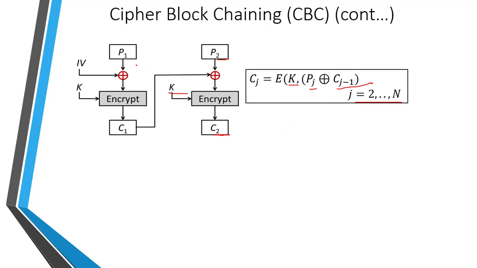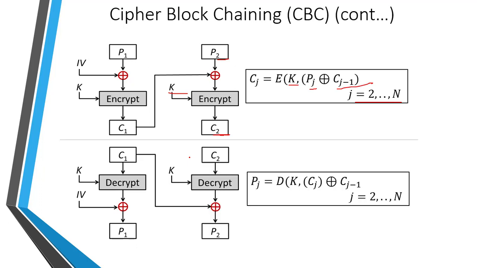Okay, and for the first plaintext block we have applied the exclusive OR operation with the initialization vector, that is IV. For the decryption side, mathematically we can write that plaintext block pj equals decryption applied with the key k on Cj, here consider P2, then Cj will be C2, that is the ciphertext block, and after that exclusive OR with the preceding ciphertext block, that is Cj minus 1.